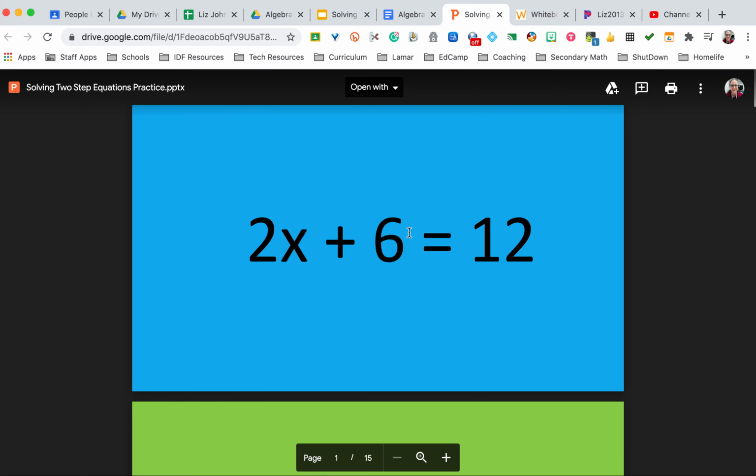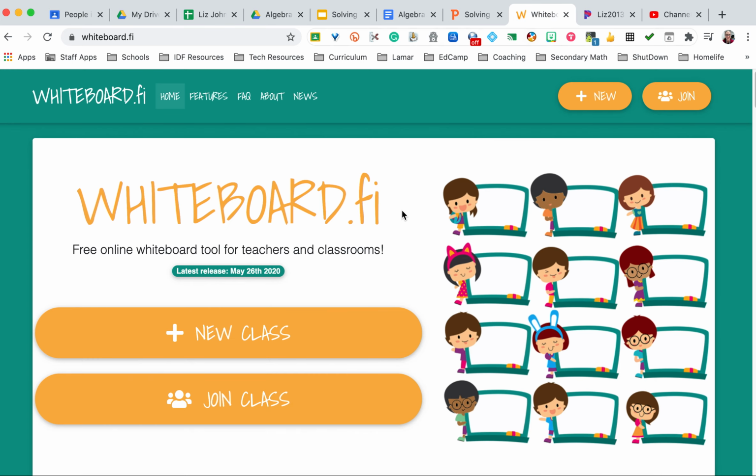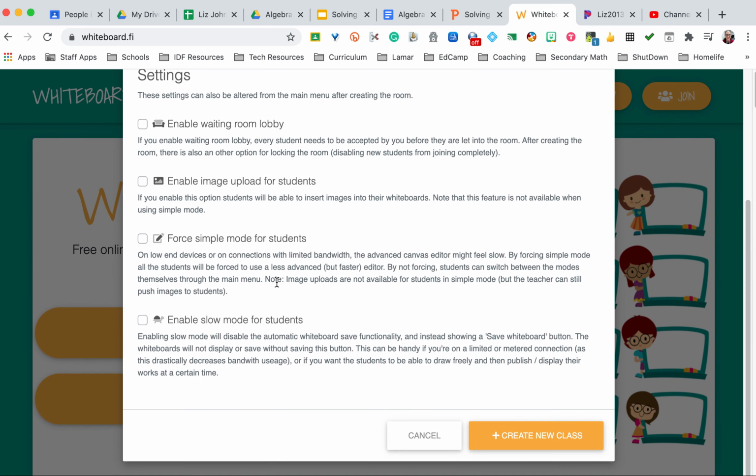So this is a perfect activity to use with the mini whiteboards. Let me show you how you do it. So this is a website that I really like called whiteboard.fi, and to use it you just want to start by clicking new class, and then I'm just going to call this my pretend class, but you could call it your algebra class or whatever you want to call it. So I'm creating this new class,